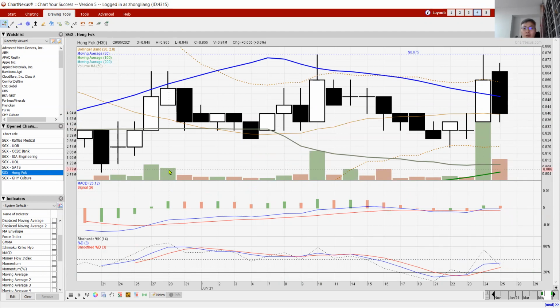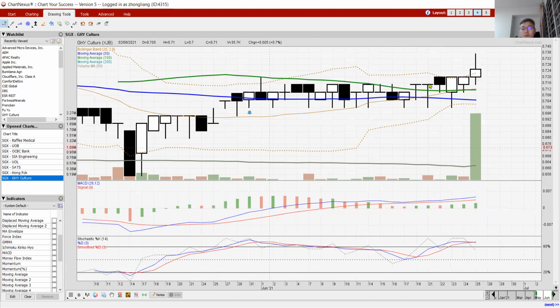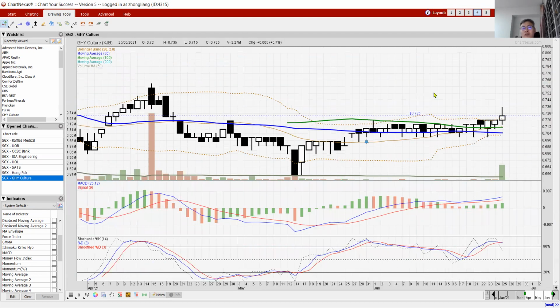GHY Culture is coming up next. So this counter, no doubt closing at 725, I beg your pardon, 725, but the long upper shadow is not to my liking because it suggests uncertainty. So whether it can continue higher to move back to the next resistance at 76 now becomes a question mark to me. So the most important thing is that GHY Culture has to close 73 or 73 and a half